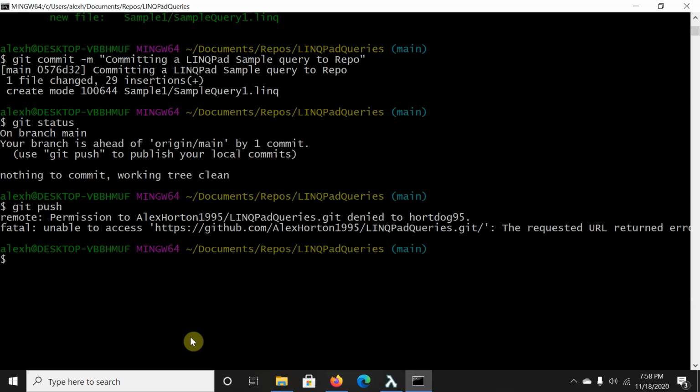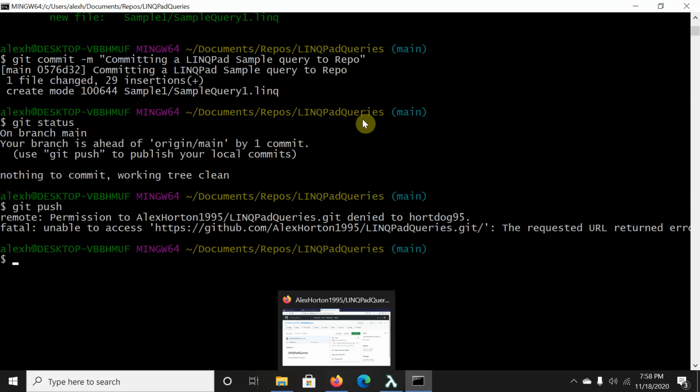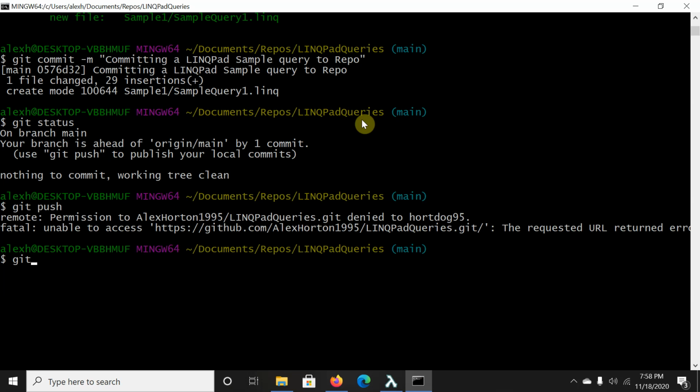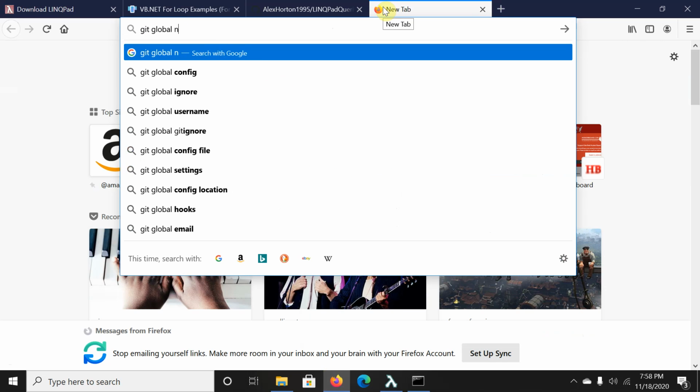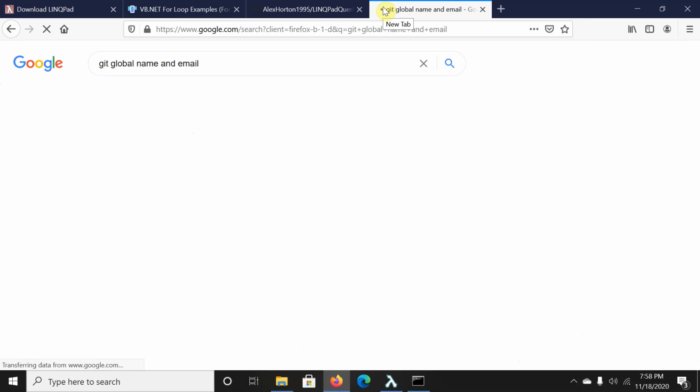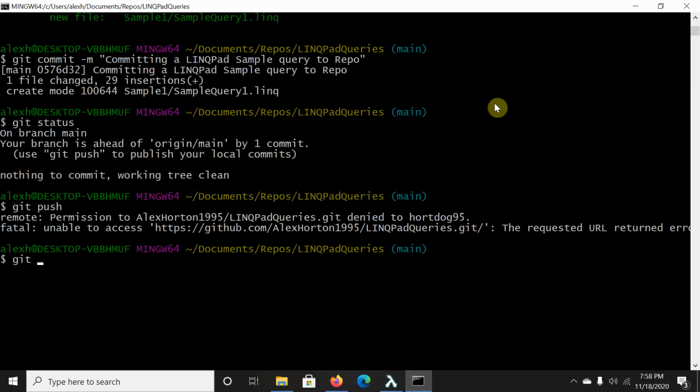Uh-oh. It says unable to... I have to do some global stuff there. So this is the part that I always forget. Oh, there it is. Git... oh shoot, what is it? Global. Git global config name and email. There's a cheat sheet for all of this, y'all. There it is. Git config, git config --global user.name